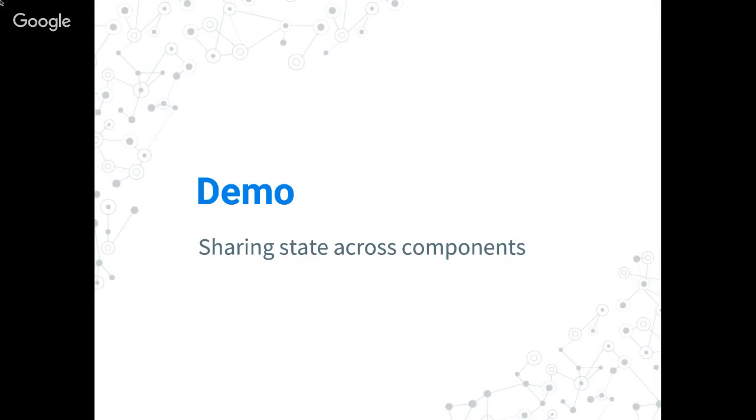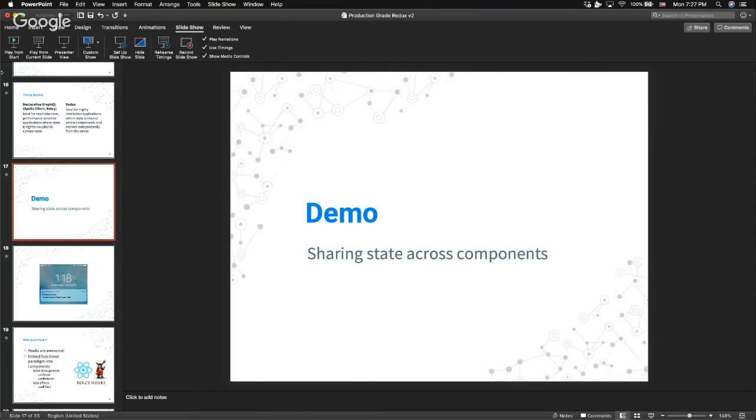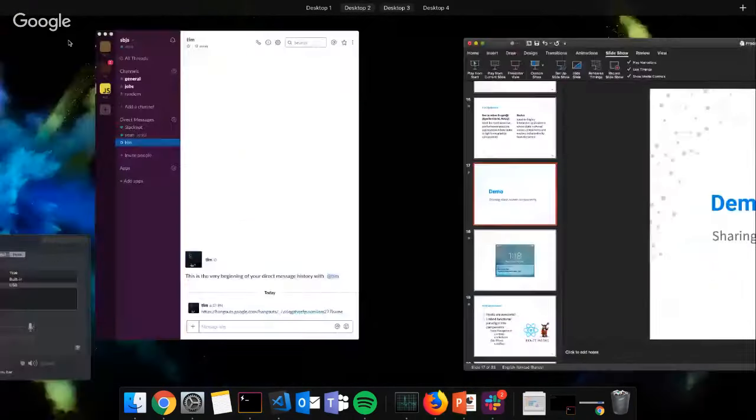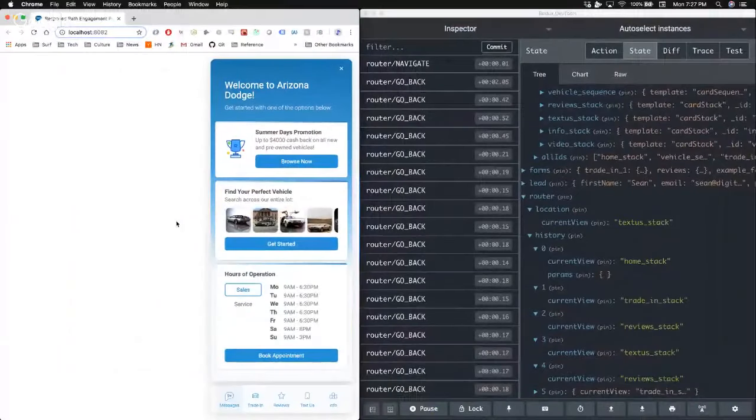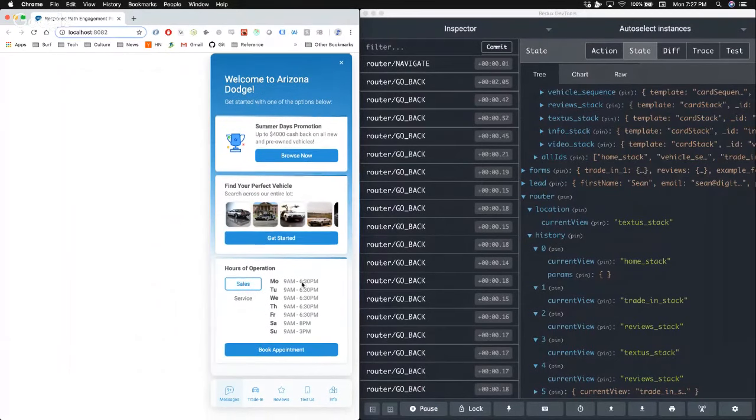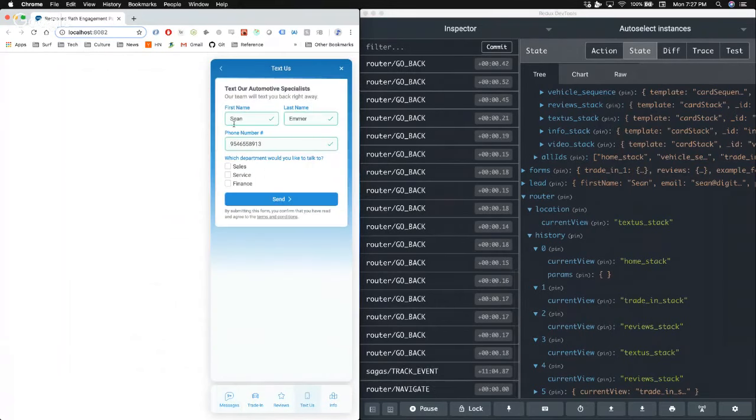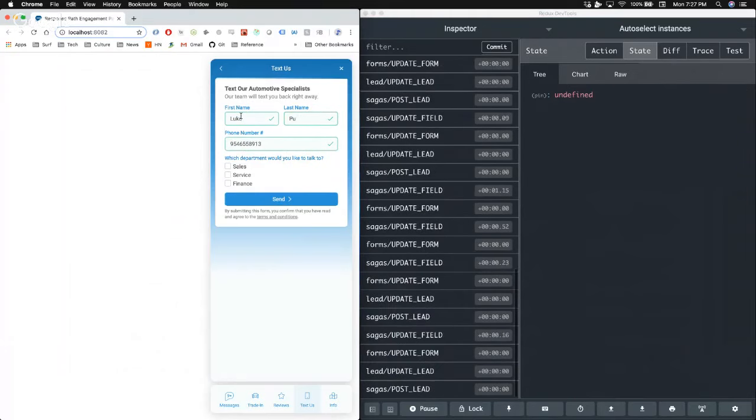All right, so now I'll do a quick and simple demo. This is just a fun little aspect of what we built that I think demonstrates stuff you can do with centralized state that's a little bit harder with tightly coupled state. We built this pretty neat form system that I was showing you earlier. So let's say, I'm going to use loose names. He's the only person that has a full name for it here. So let's say I go in here and update this to pass the phone number validation.